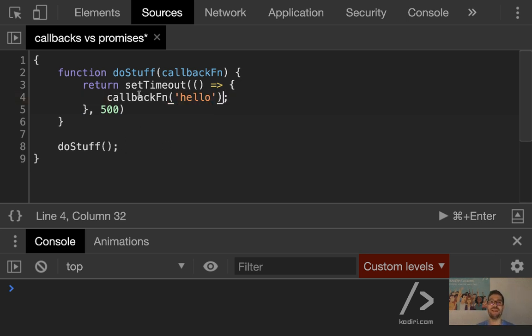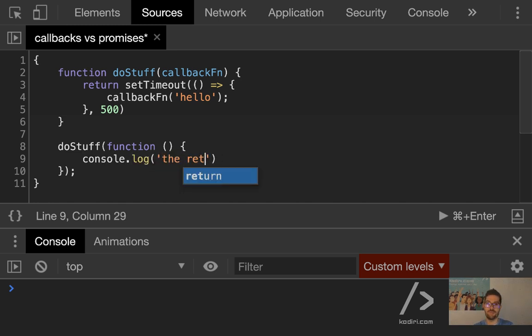What does that mean? That means take your time. I don't mind how long that algorithm takes. And once it's over, once you've managed to calculate the return statement, invoke my callback function, my higher order function. So then here, as some of you are already smelling, you can do that. How do we display the return value? How do we display hello?